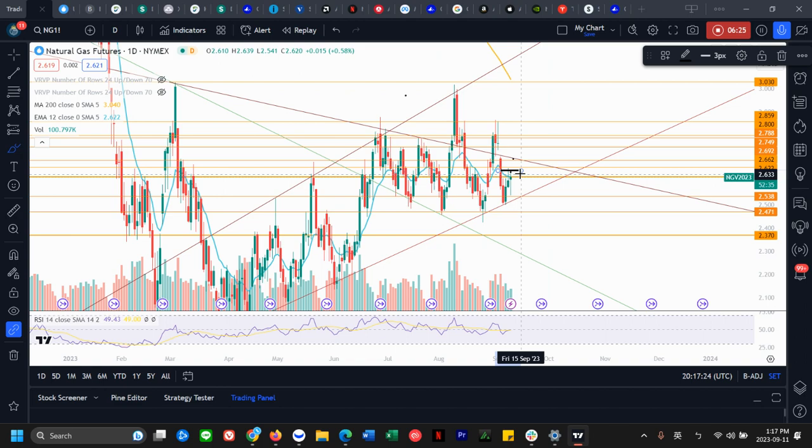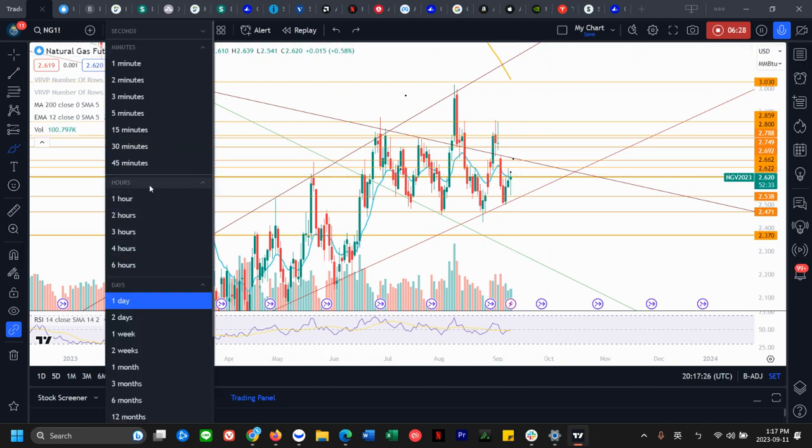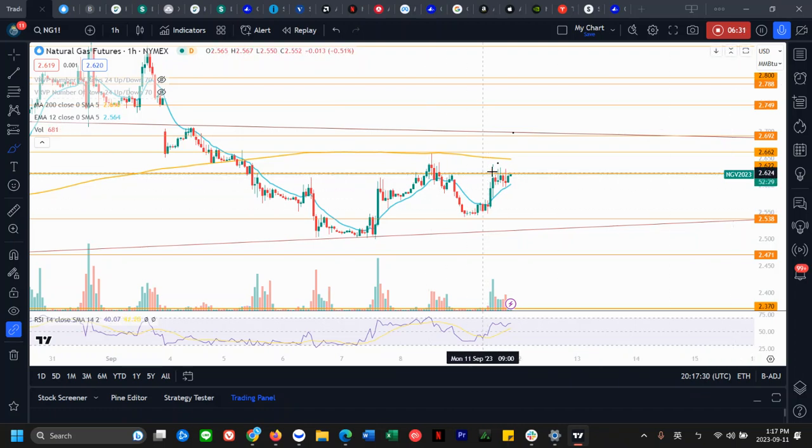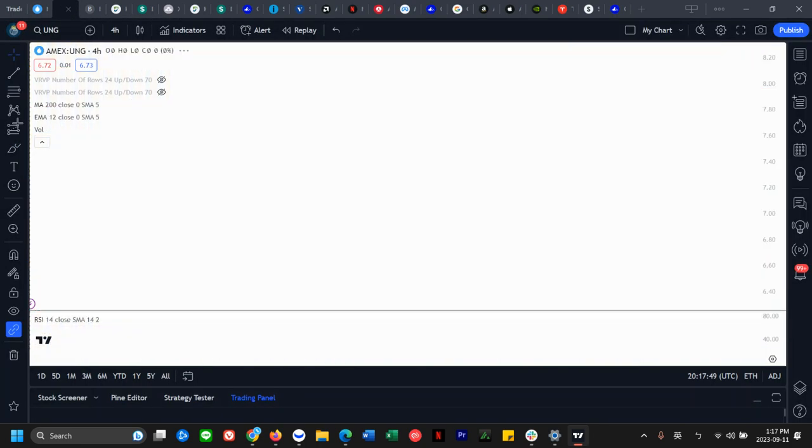Or you can stick your stop above the high of today on that quadruple top, but that wouldn't be a deal for me. I would probably be looking for long if I were to get in, but I'm not in currently, so I'm unbiased on both the bear and bull side, so I can give you guys better analysis on it. All right, take a look at UNG.